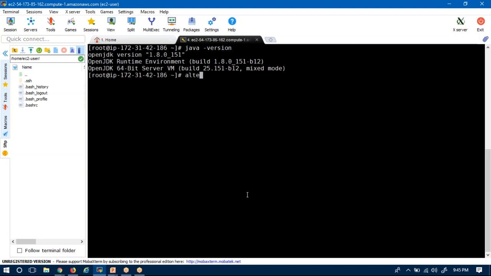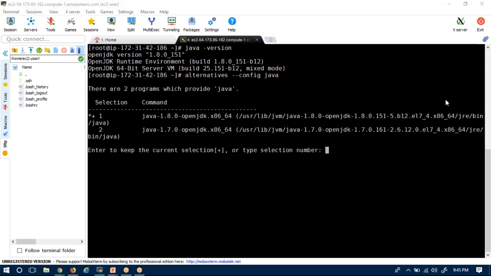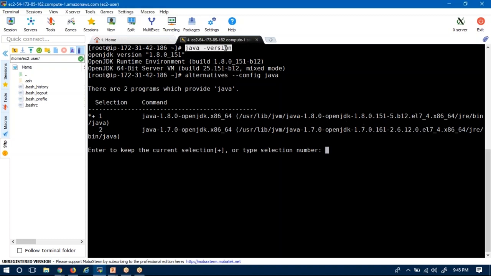See, how can we check that? If you type this command, alternatives --config java, you can see the available Javas which are installed on your host. As of now I installed two Javas, 1.8 and 1.7, and if you run the command java -version, you are getting Java 1.8, meaning 1.8 is the default Java.